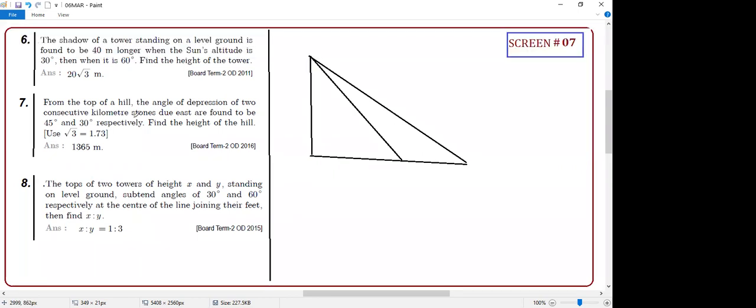Yes, sir. So when you say two consecutive, for example, this is showing some kilometer 27, and this will show on that city, it will show 26, which means what? This is called two consecutive. Clear or not? Sir, then the distance is 1 kilometer, sir. That's the meaning of that. Okay, sir. So distance is 1 kilometer. That's all. So we know that this depression you can convert into what? You can close your eyes, you can put the angles to it. Correct or not? Which angle will be more?